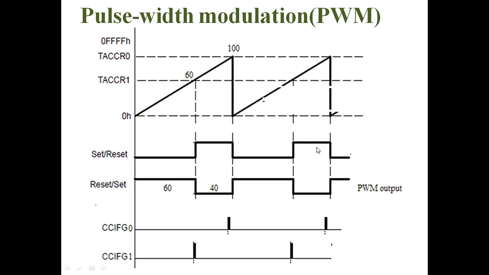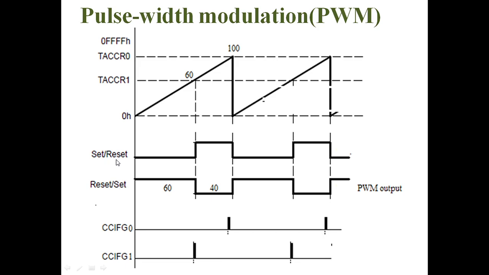So here, in the pulse width modulation output, in the Timer A register up mode, up mode means it counts from 0 to the value in the Timer A capture compare register. After reaching the maximum value in the capture register, it falls down, means it becomes 0, and again it increases. This is called up mode. In the up mode, various modes are there. One is set reset mode, another one is reset set mode.